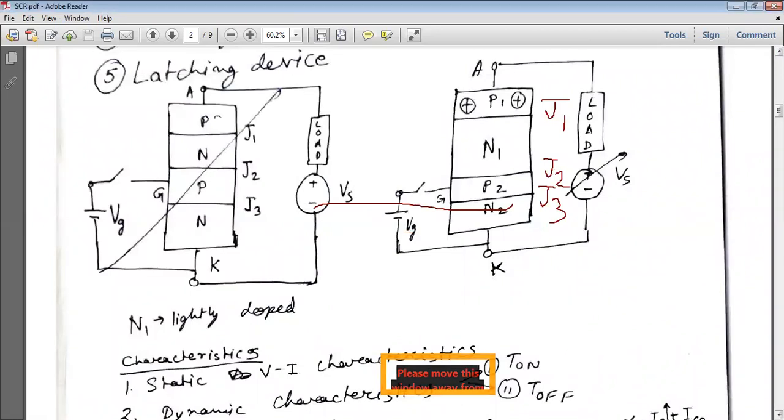Here we are taking a variable supply voltage. Initially it was 5 volts. Then the voltage is changed to 10 volts, and still there is no change. Then the supply is increased to 15 volts, and the output continues to be the same value. After that, when the supply is increased to 16 to 18 volts, the device immediately starts conducting.